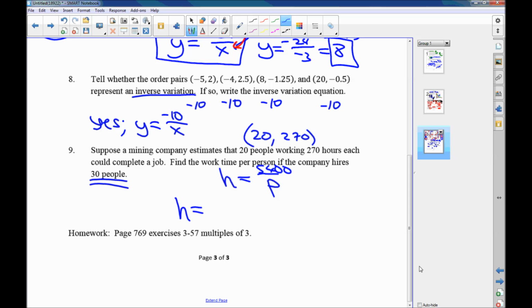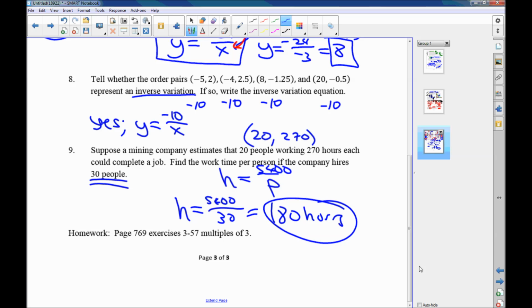So each person would have to work, let's see, 5,400 divided by 30, which was 180 hours. All right, so what's the work time per person? 180 hours. All right, so your homework was page 769, problems 3 through 57, multiples of